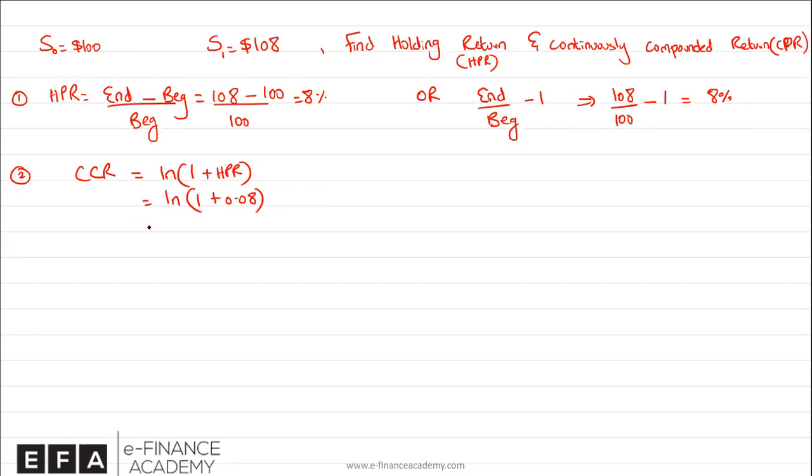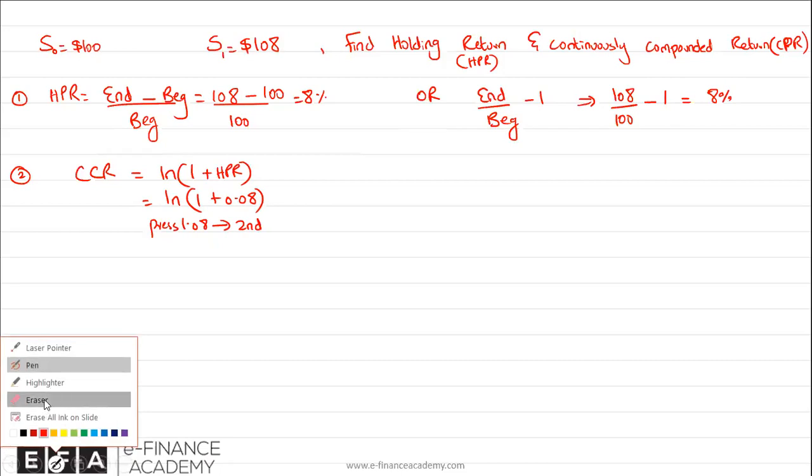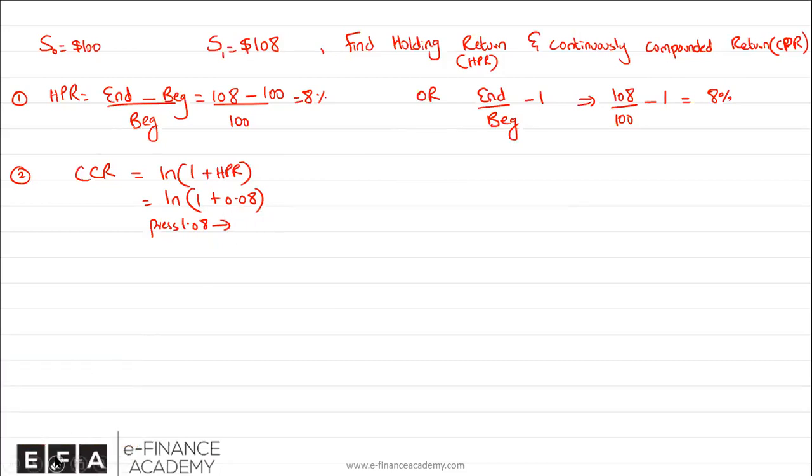All right, well, how you will do this, you'll press 1.08, then you'll press second. Sorry, no need to press second. You will just simply press the natural log button, which is ln, just to the left of key 7. So just press ln. And when you press that, the result you will get is